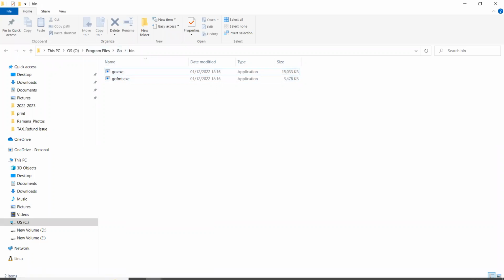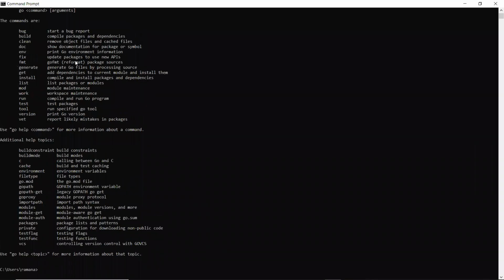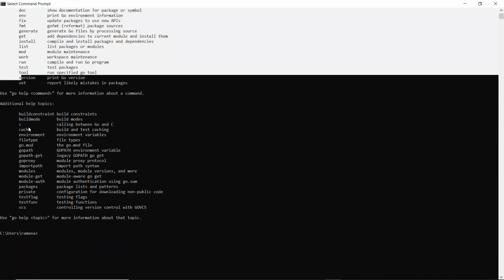We have it, and you simply go to the command prompt and just type it. It will give you some help topics here. The usage of the Go language is go and the command. If you want to run, you need to use run, and if you want to build an exe, you need to use build. If you want to clean or remove a file or cache file, you need to use clean. Like that, we have different commands here, and there are additional topics like build constraints, build mode,